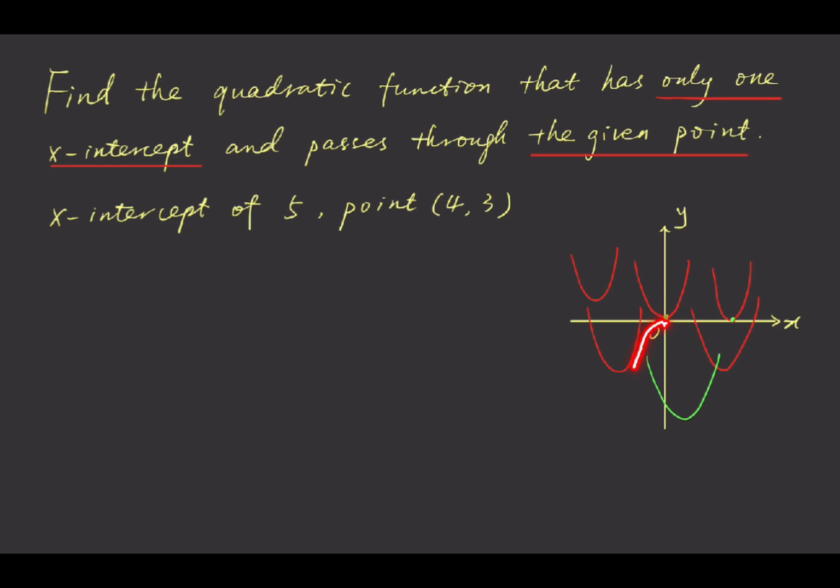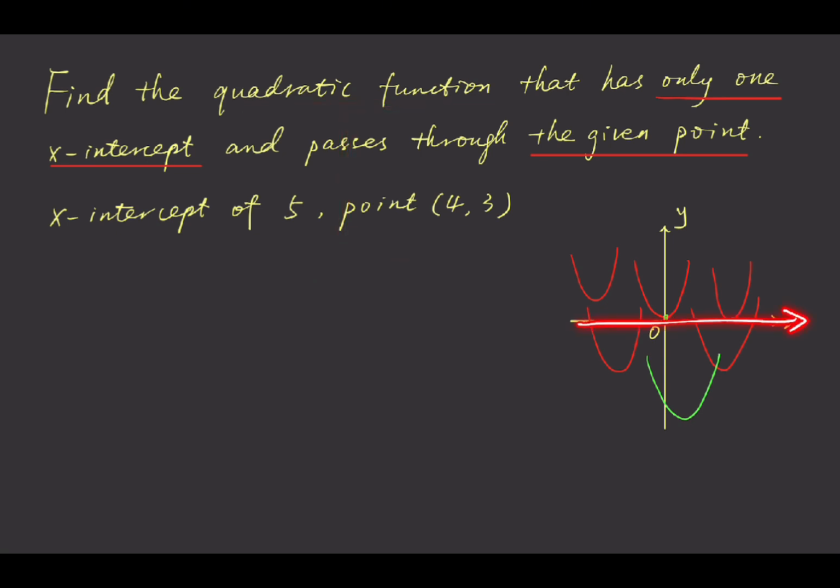It can be here if the graph opens downwards. So if the quadratic function has only one x-intercept, we can get the conclusion: the vertex of the function